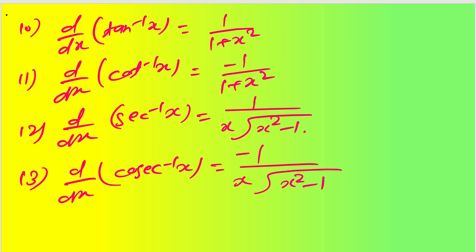Next, we are remaining with exponentials. So let us say this will be my 14th one. Differentiation of e to the power x will be e to the power x only. Okay. I'll write it like this. Then